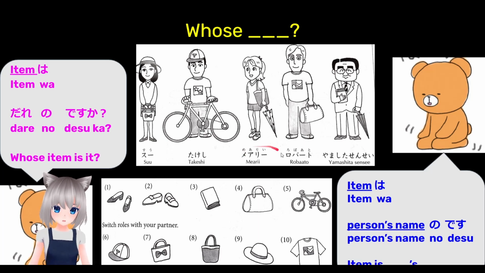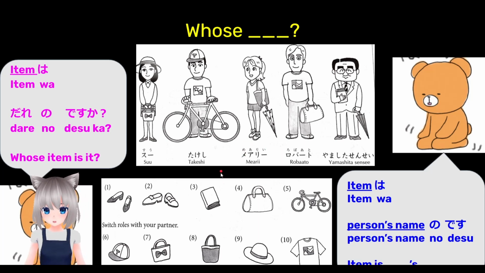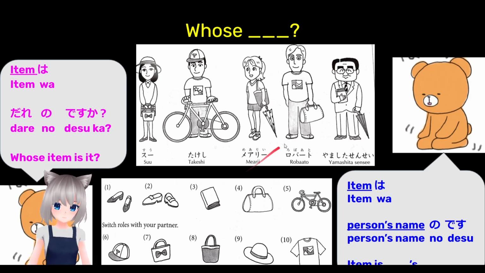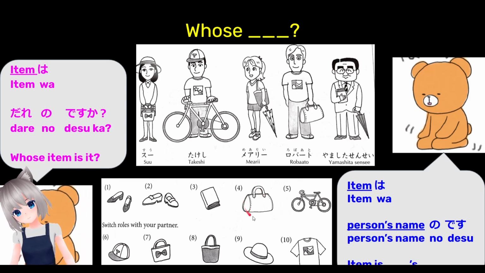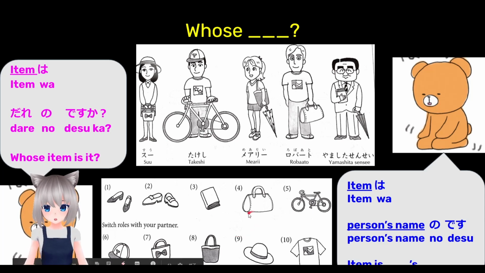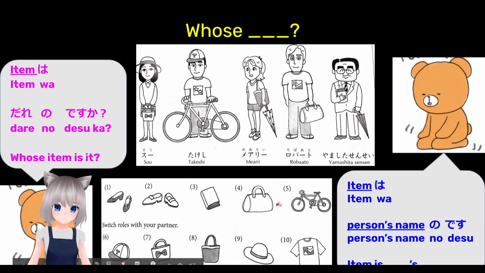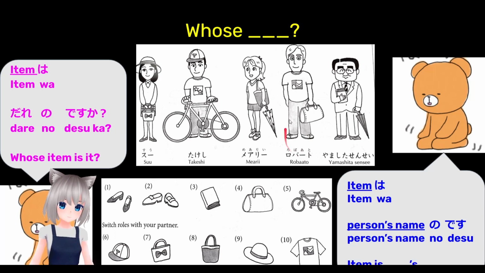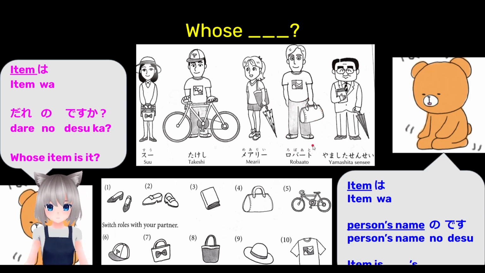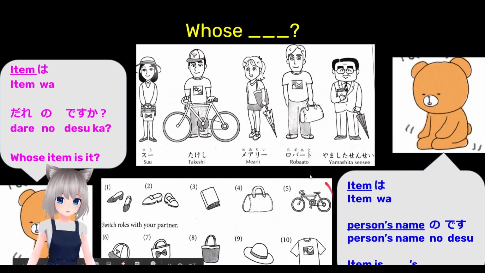靴はメリーさんのです。No.3 本は誰のですか？本は山下先生のです。No.4 Do you remember how to say this one? The bag. カバンは誰のですか？カバンはロバートさんのです。